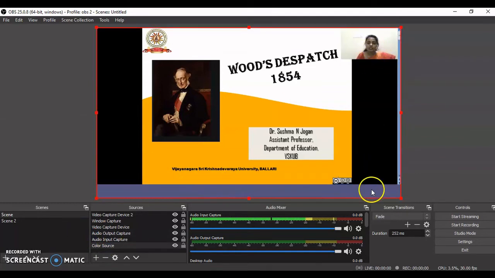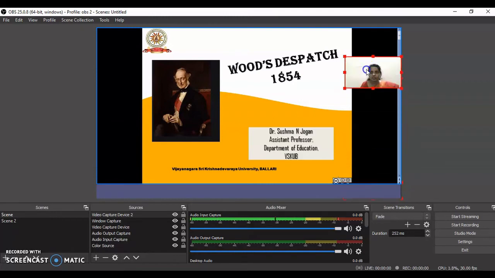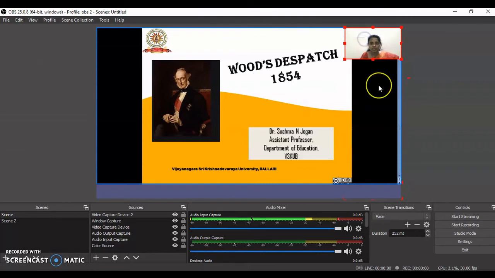One thing you want to do here is don't bring your face cam in the corner, because when you record a video of this particular software, your face will be somewhere in the corner. So just put it on the above side so that it will be visible throughout the video lecturing. In this way, this is how you can open a PowerPoint presentation in this OBS software.